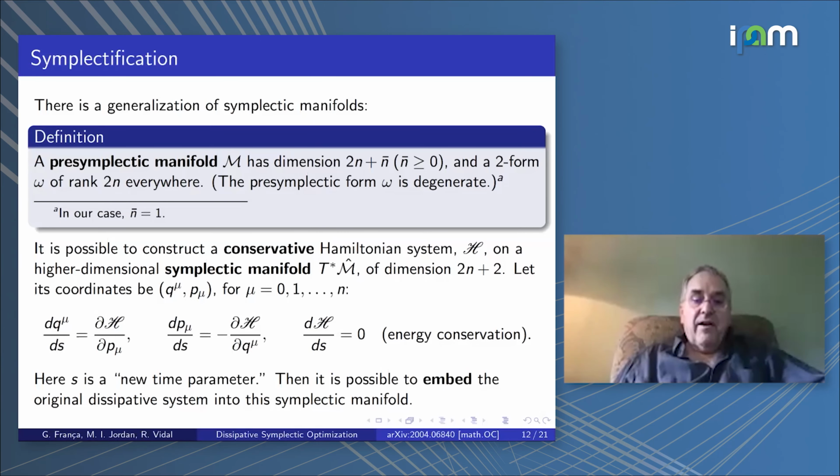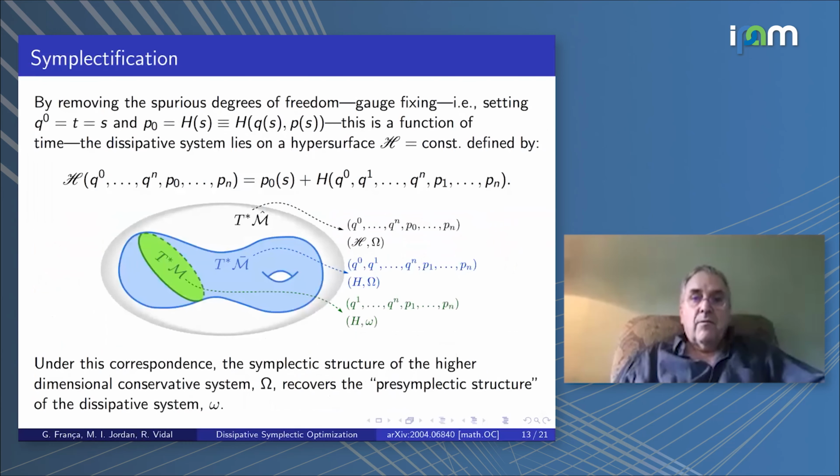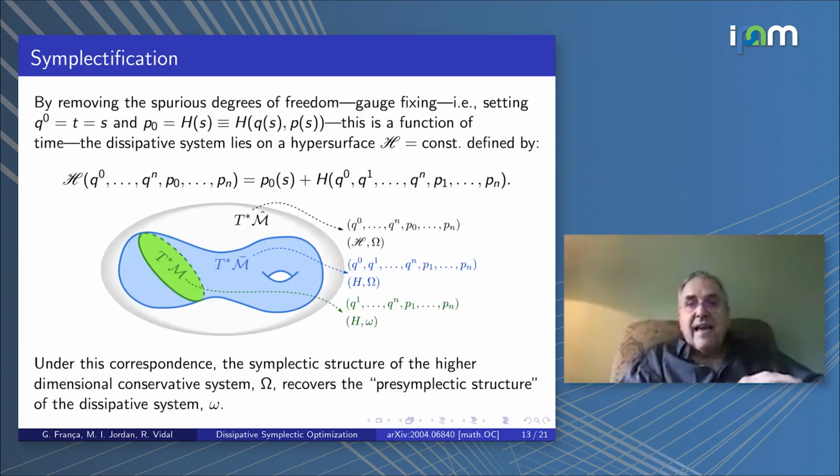That alone is not enough to do the backward error analysis. We're going to need another idea, and this is the last idea. So we're going to also do something which is called in physics gauge fixing. We're going to set these extra degrees of freedom in a particular way so that this dissipative system lies on a particular hypersurface where you have a constant Hamiltonian. Okay,